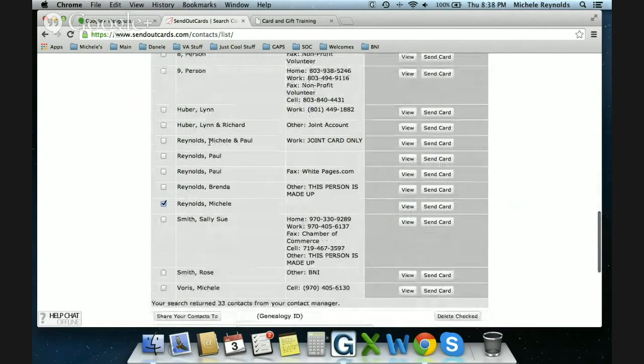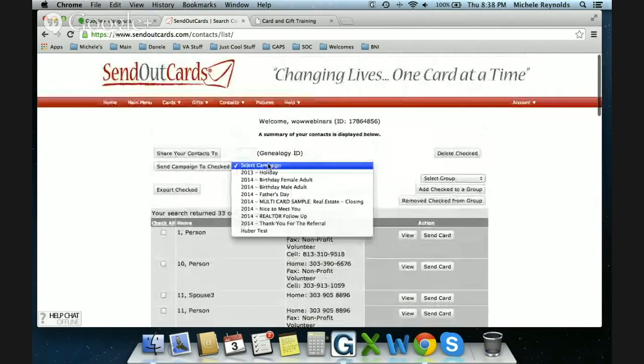If I want Paul and Michelle to print on the outside of the envelope, I entered them as a single contact with Paul and Michelle in the first name. And this file right here is Michelle's individual file, and Paul is probably listed as the spouse. So in this case, I want just Michelle to print on the outside of the card, but on the inside of the card it will say Michelle and Paul, which is fine. And then I'm going to select the campaign,